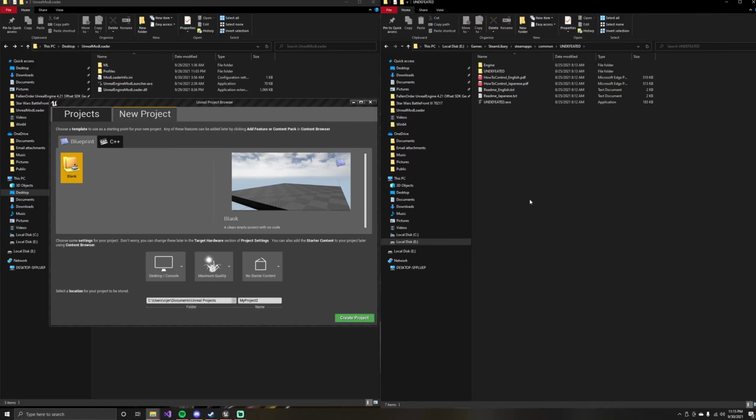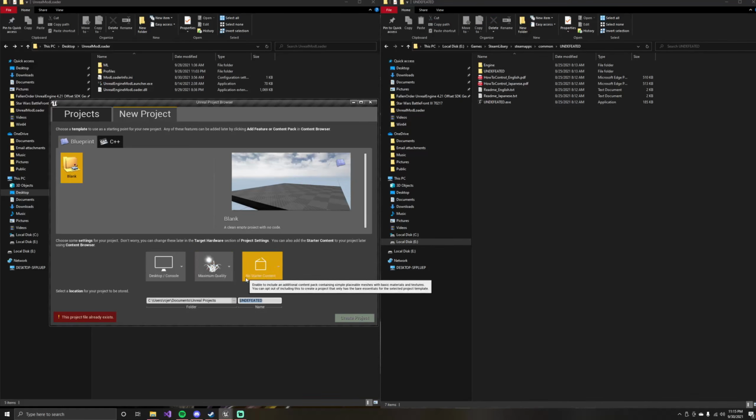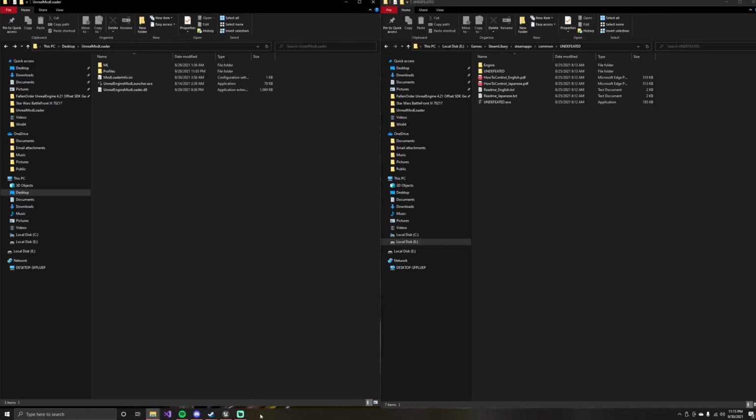And you have to name it the exact same as the project, because if you don't, it's not going to work. The way that the mod loader references things, it's not going to mount properly. So you just want to name your project the same as the folder, which in this case is Undefeated. Now, for me, it says the project already exists, because I already have a project created for this. But that wouldn't appear for you, and you would just click the Create Project button, and it would create your project. So, if we hop over into the engine,